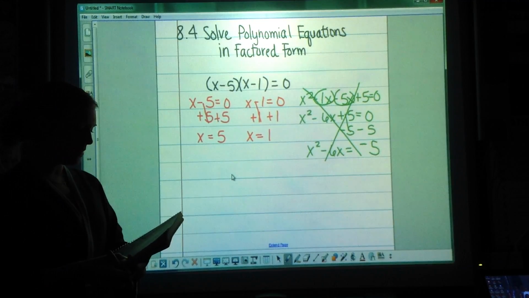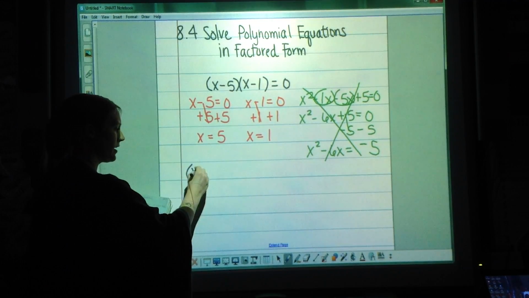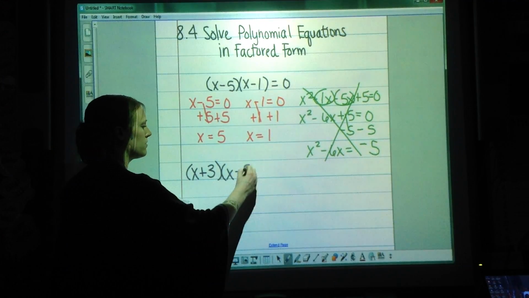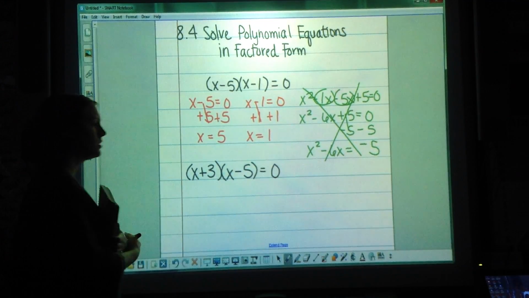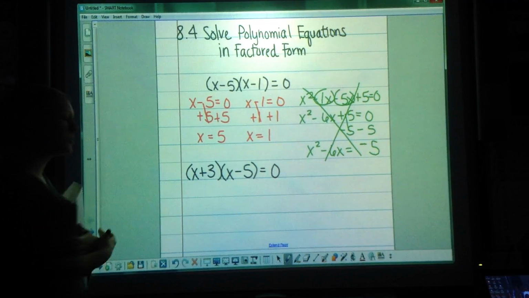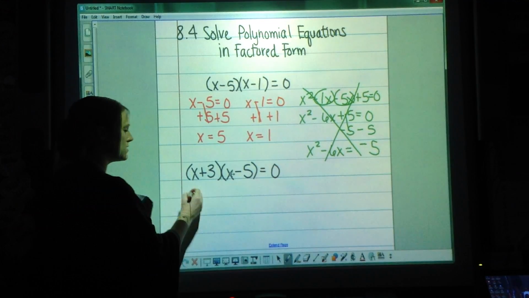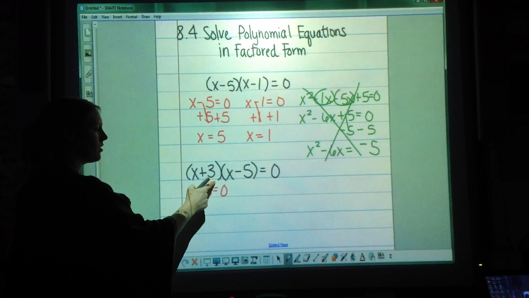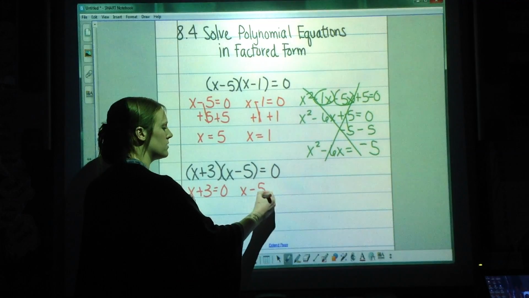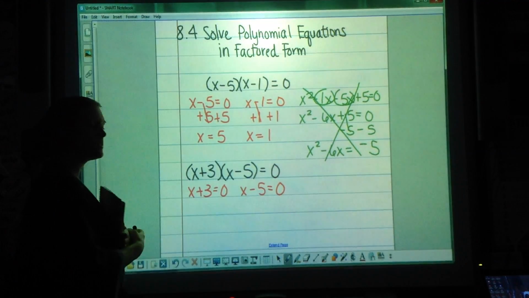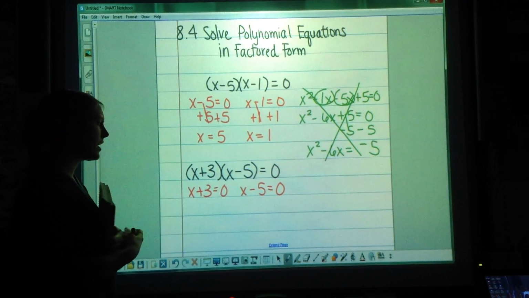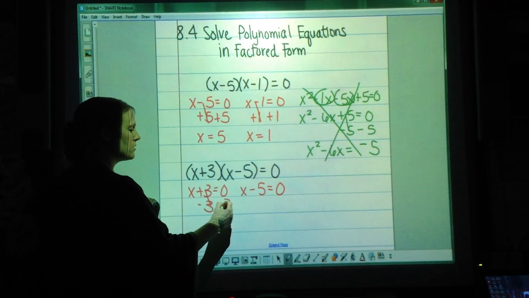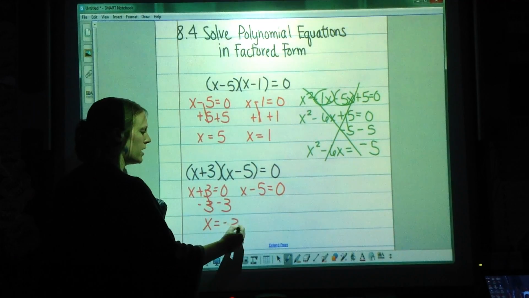So let's try another one. The quantity x plus 3 times the quantity x minus 5 equals 0. To solve these, you're going to put both quantities equal to 0. Notice when I set them equal to 0, I drop the parentheses. However many quantities are, that's how many answers you might have. So here I have 2 quantities, so I'm going to have 2 answers. Negative 3